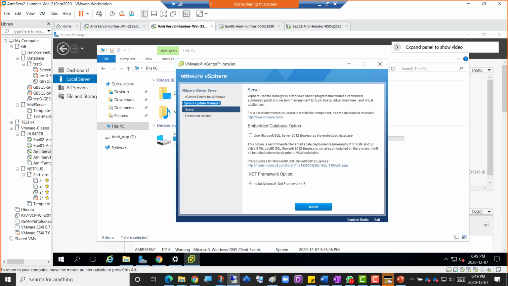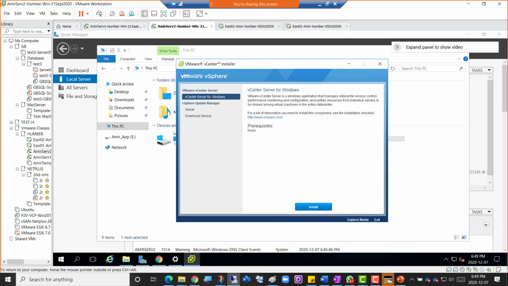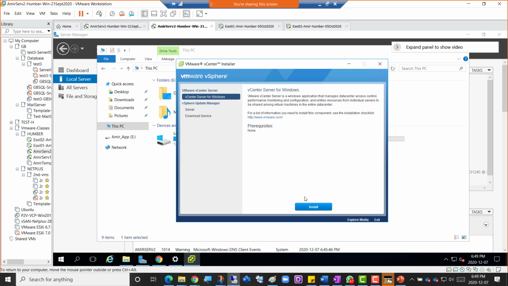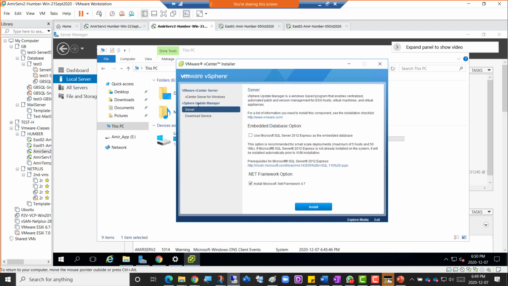But one student was not giving attention, he kept it selected here, and then we selected this one and clicked install, and he selected that one and clicked install. Totally distracted, watching some basketball match, he ended up installing over and overwriting his vCenter for Windows and corrupted the whole currently installed vCenter for Windows. So don't do this. Go for the second one, vSphere Update Manager.